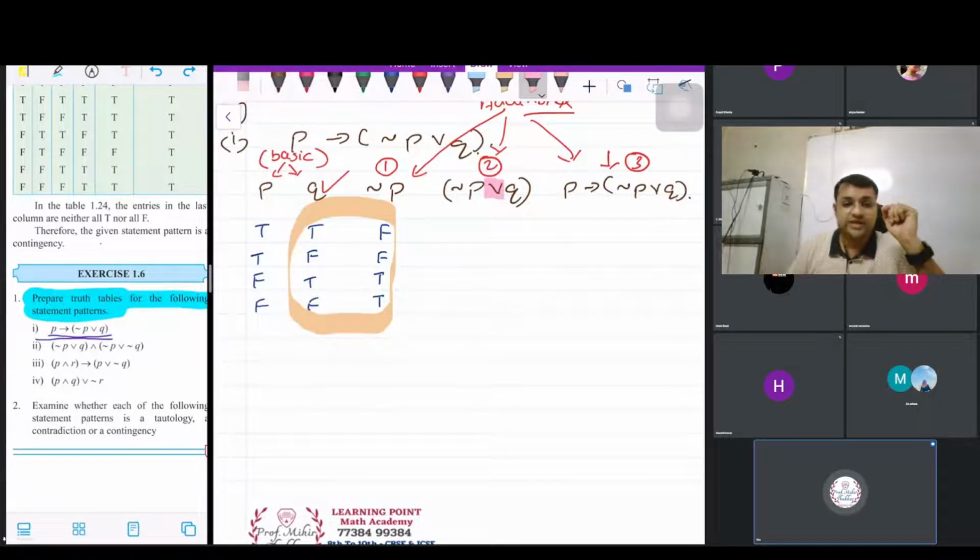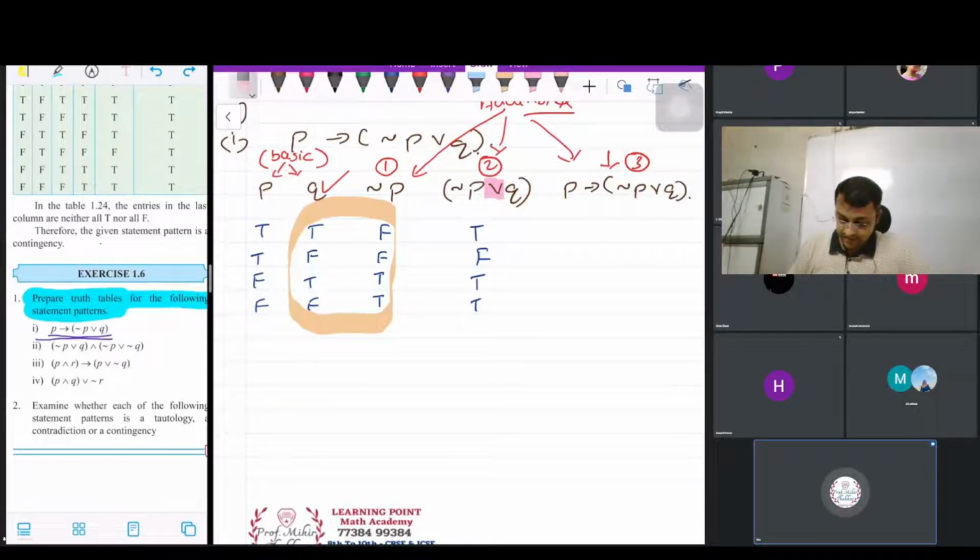So in these 4 rows that I have highlighted, I can see only the second row has got both F values. So in front of it, I will write the answer as F. In all the remaining cases, either both are T or one is T and one is F. So in such a case, or says it's okay, you can go ahead with the true value. I am okay with that. Therefore, the truth value in the remaining 3 cases will have to be taken as T.